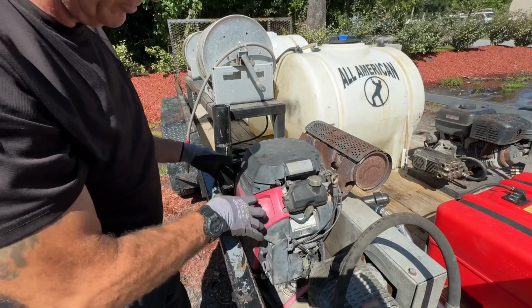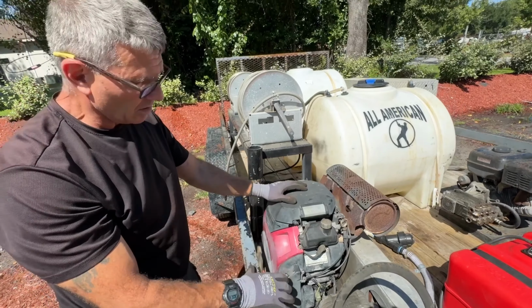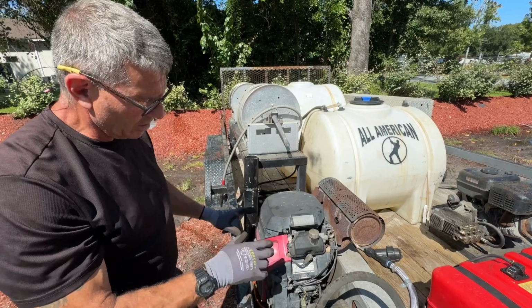Once we run it, so I took the front end off. I could see that the coils were terribly rusted. Okay. Put some different coils on, sparked up right away. Perfect. Trying to start it, we couldn't